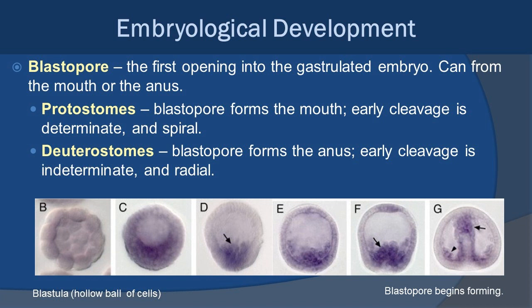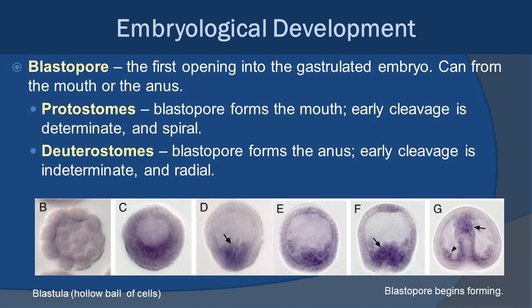Now, there are two different ways this can go, and two different groups of organisms we can give, protostomes and deuterostomes. Now, in groups of organisms that are considered protostomes, that blastopore that initially forms becomes the mouth. All right. And we also say that the early cleavage is determinate, meaning that the cells sort of are determined